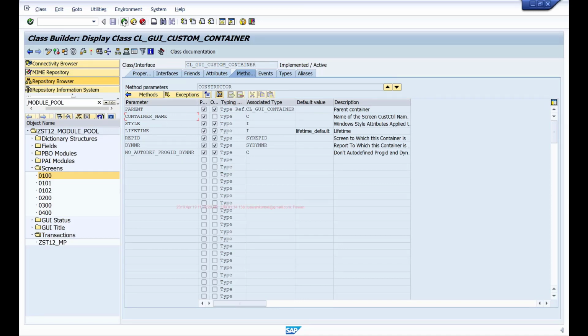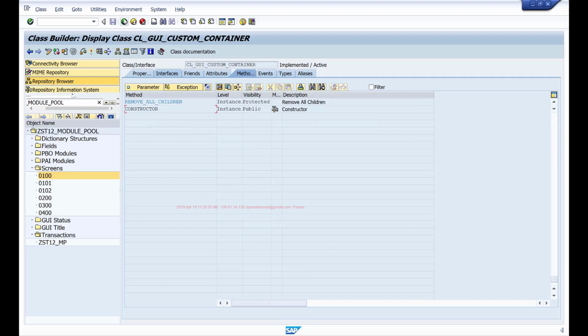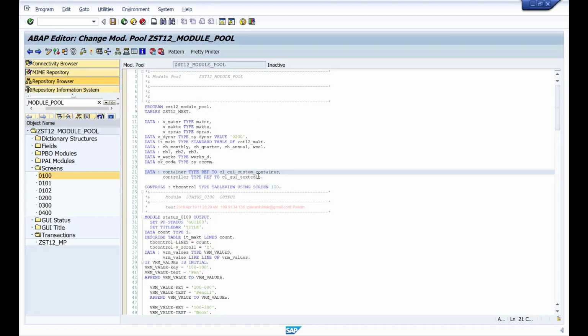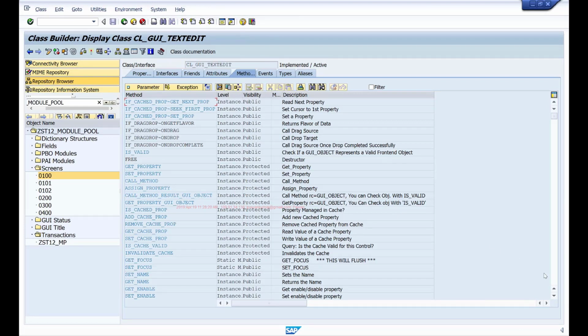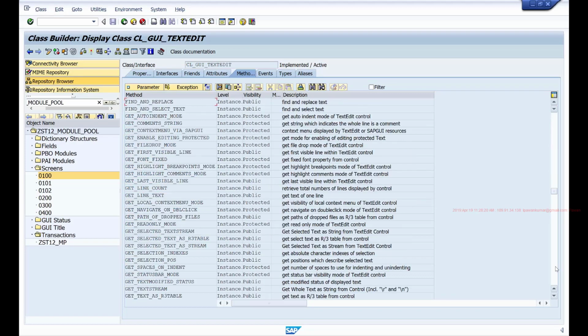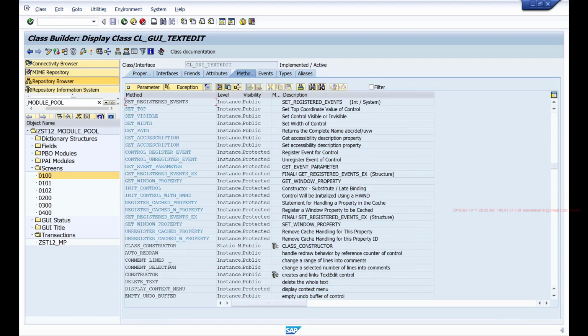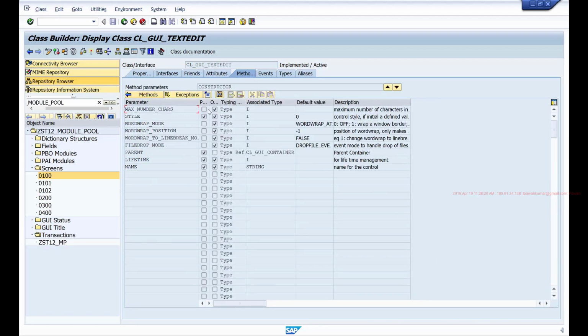And once I do that, when I'm calling this custom control, when I instantiate this, I'll pass that container object to this. So if you look at this one, this also has a constructor, and you can pass different things. Among them, one is mandatory, which is the parent, to which we have to pass the reference to our container.